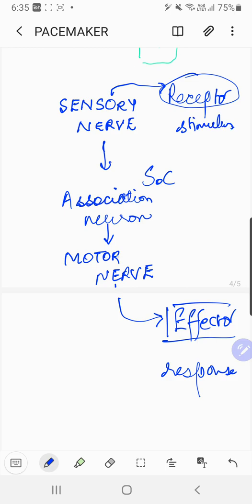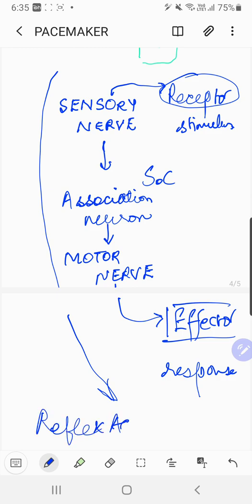Whatever pathway we have drawn, children, till now, this is the reflex arc, right? Reflex actions are always involuntary. That means they are generally stored in your body on the basis of previous experiences, right? Some are conditioned and some are natural. The natural ones are the ones which are present in a newly born baby: blinking of eyes, sneezing, coughing, holding the hand, and smiling. These all are natural reflexes.